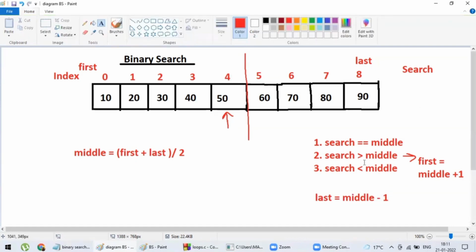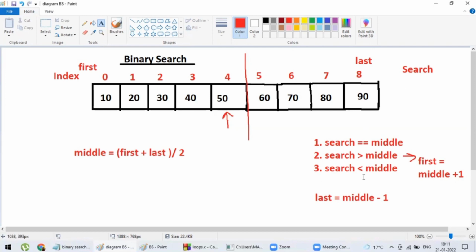Okay, so if I get the searched element at the middle element, there is no need to split your list. You have to stop your search and return the searched element at the index value, that is middle value. Okay, second scenario is search is greater than middle. If the search is greater than middle, you have to split your list into two parts and again find out the middle element. Again apply the same technique, and also you have to update first and last index. So first index in that case should be first equal to middle plus 1. So in my case 4 plus 1, that is 5.